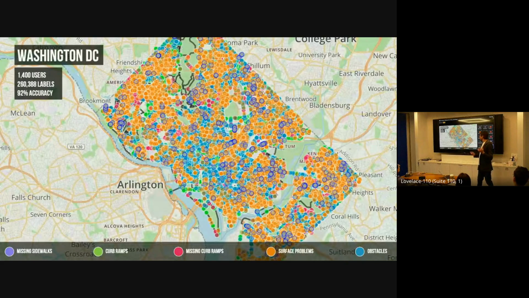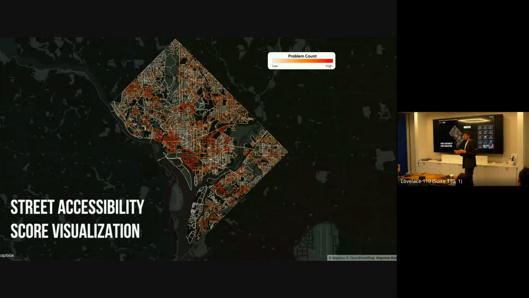But here we had over 1,400 users participate. Again, this is that top-down visualization. It's color-coded, so the color codes are on the bottom. Generally, greens are curb ramps. Missing curb ramps are going to be pink. Surface problems are orange, and so on. And there's lots of different ways we could do this. And this is still kind of an open area of inquiry for us. But like, how do we encode this to represent